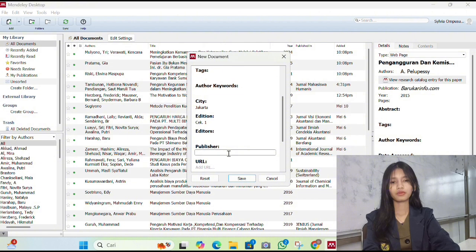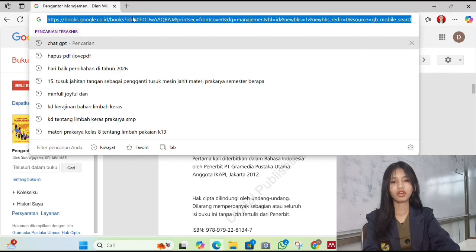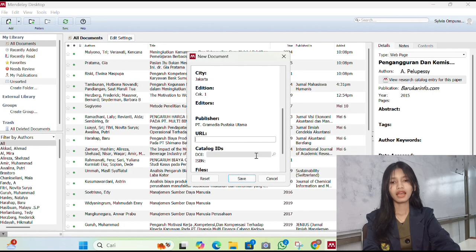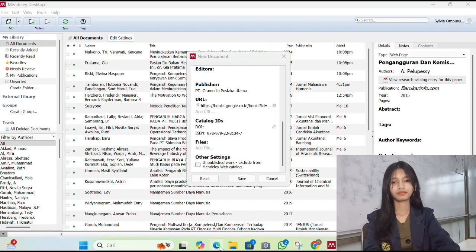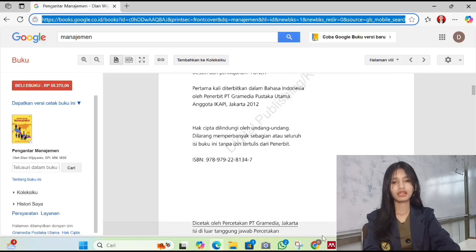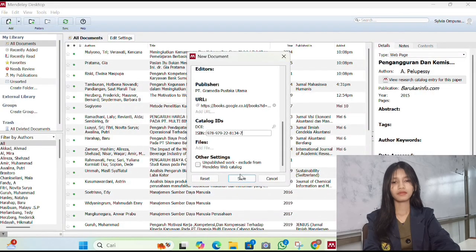This one is for who published the book. And the URL we can copy paste from Google Books, and the last is ISBN. We can find it in Google Books. The last step is saving the site.